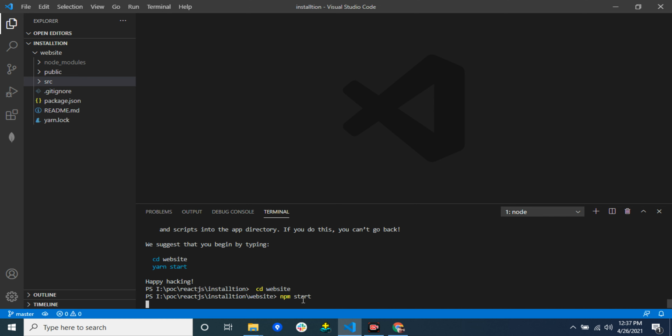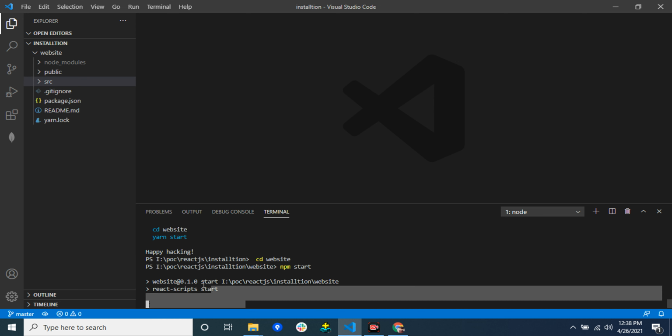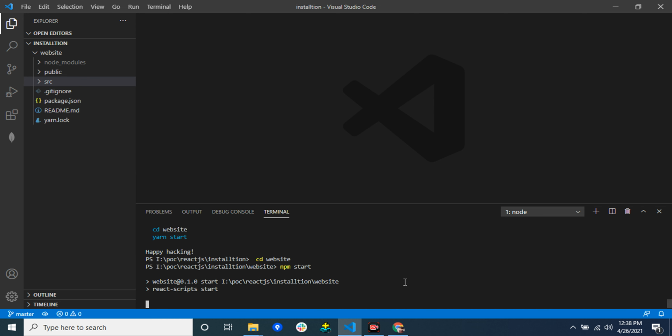The first time you have to take some time, and the React project runs by default on localhost port 3000.